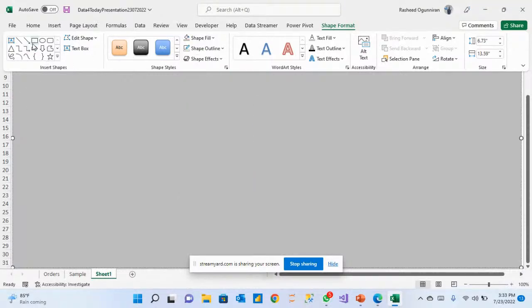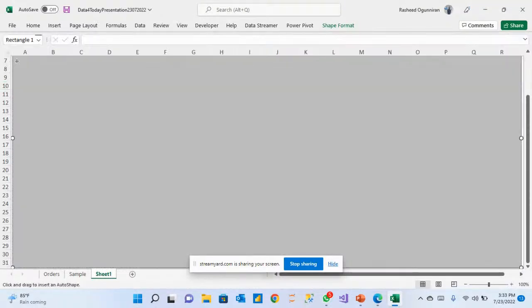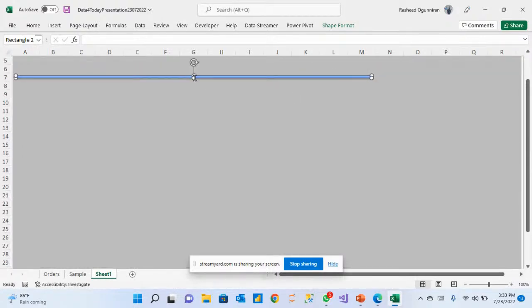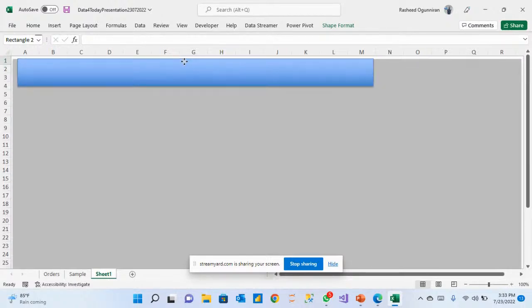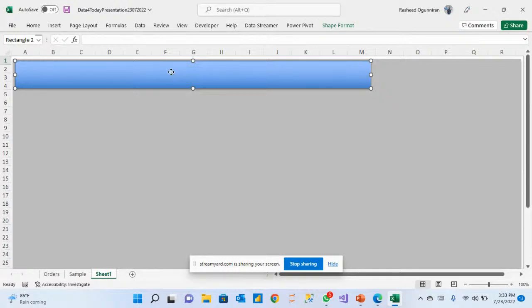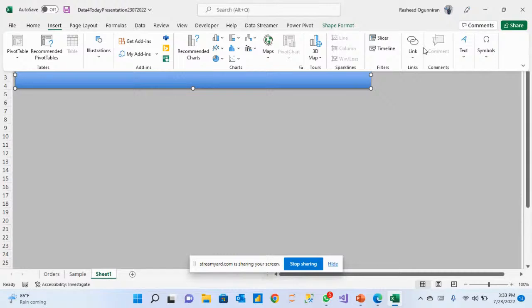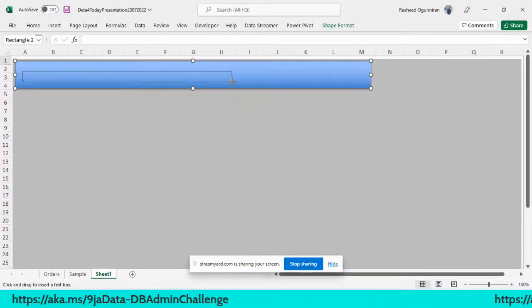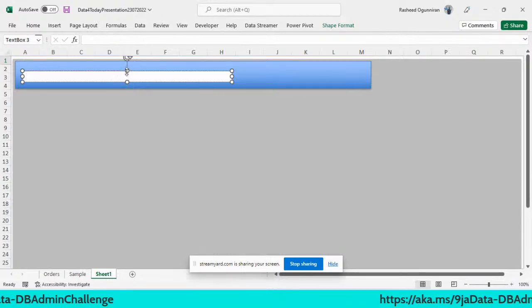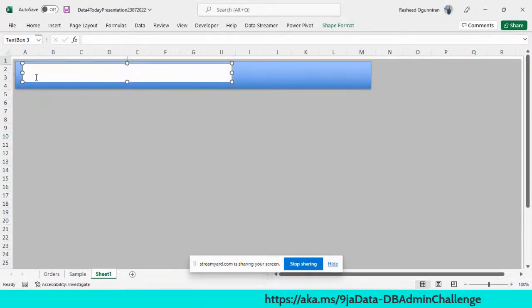Now, I need another text box. I can just create a text box here. Now, when I create that text box, I can drag it up. So on that text box, what do I like to see? I can go to my Insert, get my Text, and insert my text box. I can go inside of here and do my text box like this. And so what will I like to see? Let me just call it